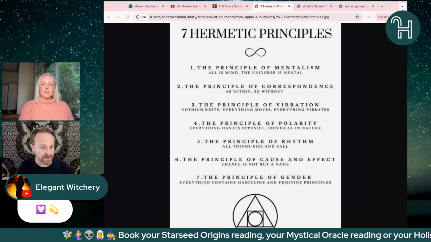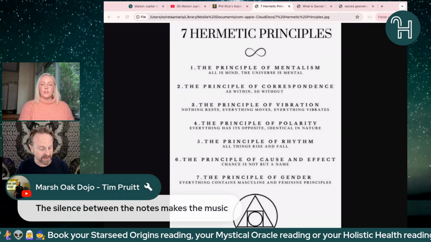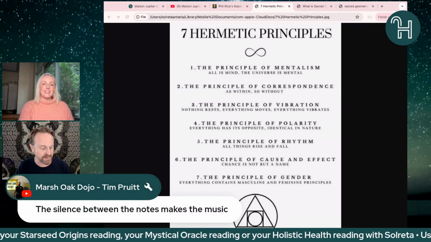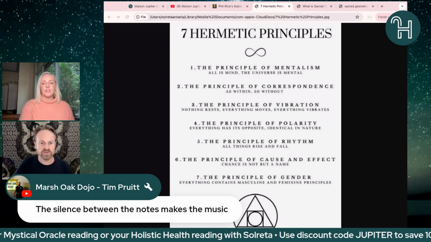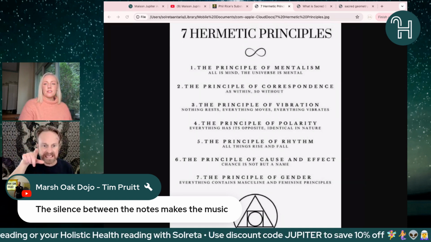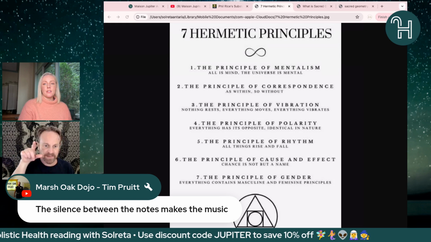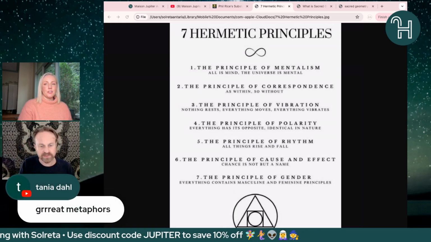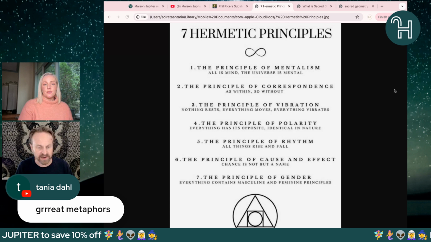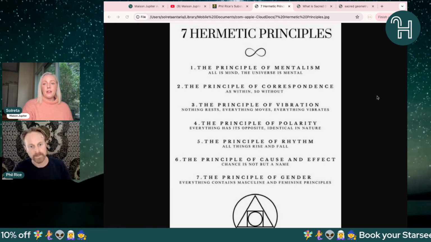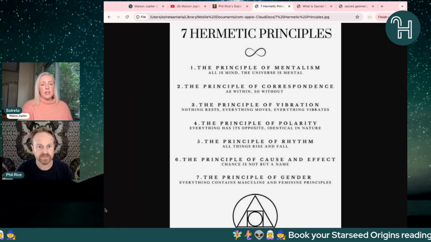But rhythm is valuable on so many levels, and I could talk about musical rhythms being relatable, but I think just for now, like knowing how things move and when they come back around again, when there's a full moon coming, when there's a new moon coming. Those are rhythms that you can start to discover the value of understanding what this particular law is about. And even looking at the rhythms in your day-to-day life.